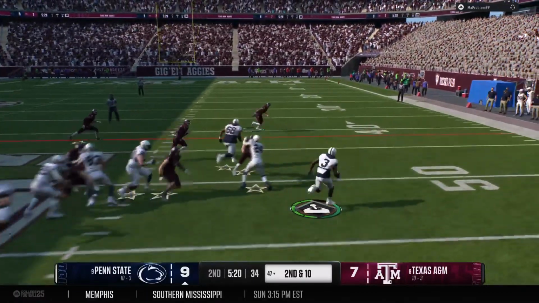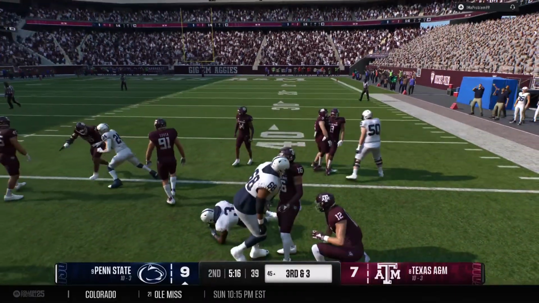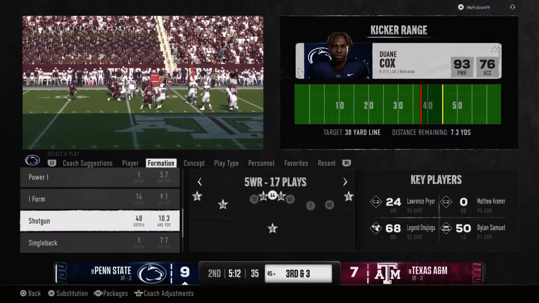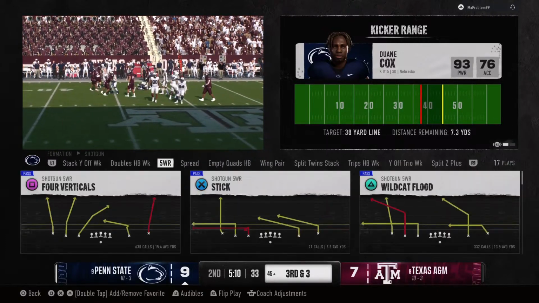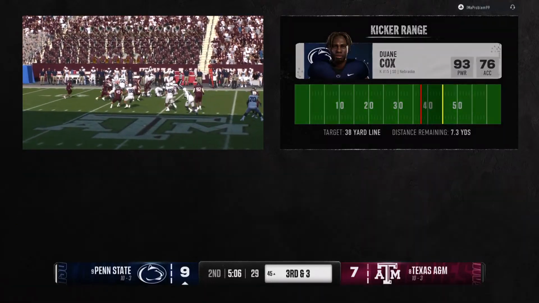They'll go with the ground game here. Running back takes the handoff. And they tackle him, but a nice pickup on that running play. It's not a huge gain here, but if you add up multiple runs like that throughout the course of a game, by the fourth quarter, you're going to start to see that affect the defense.